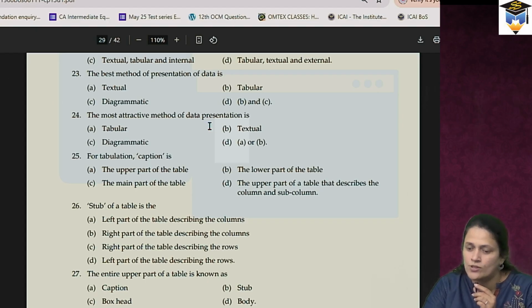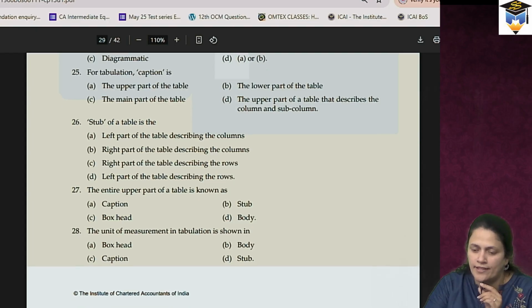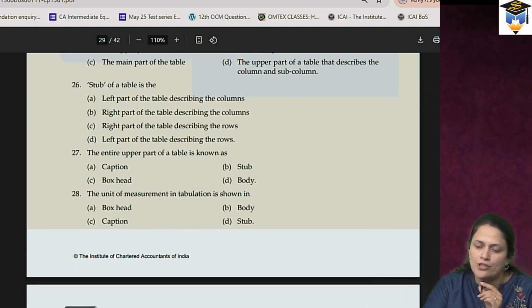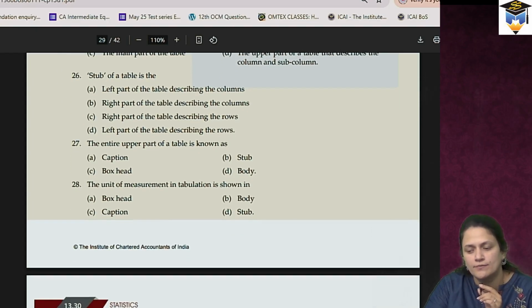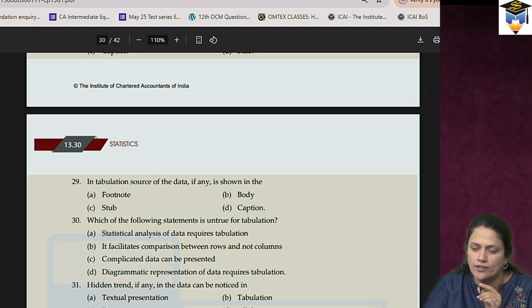26. So stub is what? Option D, left part of the table describing the rows. So the answer of 26 is option D. 27. The entire upper part of the table is known as box head. Unit of measurement and tabulation is shown as in body. The tabulation source of data, if any, is shown in the